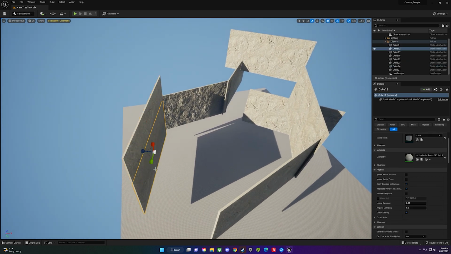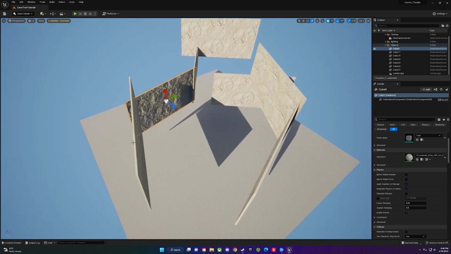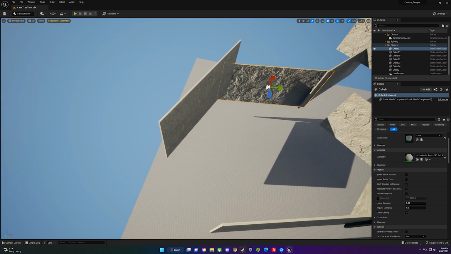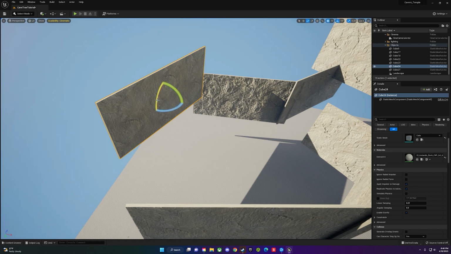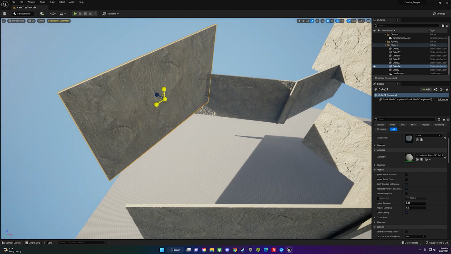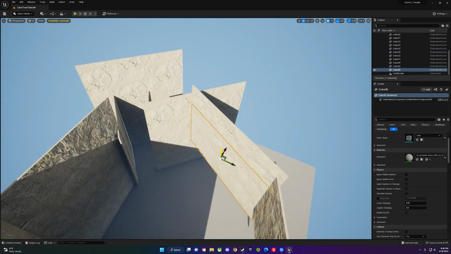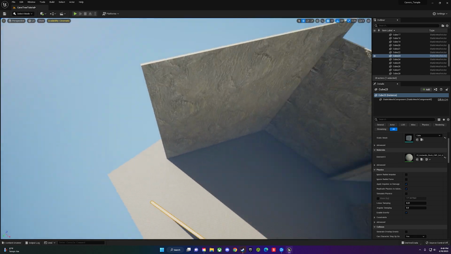So I have this, actually I'm going to delete you and just make them larger. So each of these is just a nice block out of the wall. This is going to be a wall right here, wall right here, and wall right here. So I'm going to quickly make this make more sense by enlarging everything and having it be a little clearer of a wall. Cool. So now that the entire scene is blocked out,